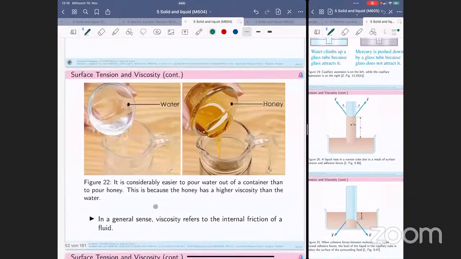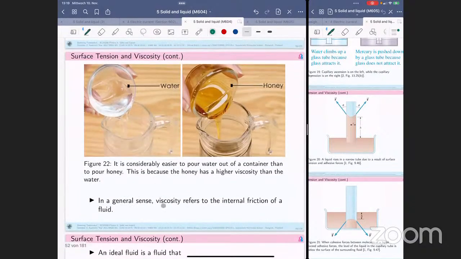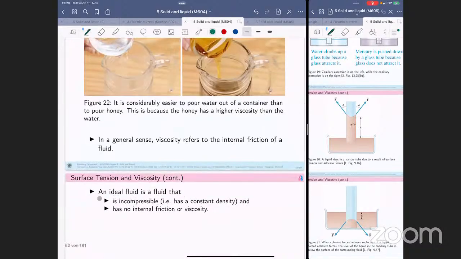All right. In a general sense, viscosity refers to the internal friction of a fluid. You can see that we could have several layers. They have different layers, it's quite clear here. An ideal fluid is a fluid that is